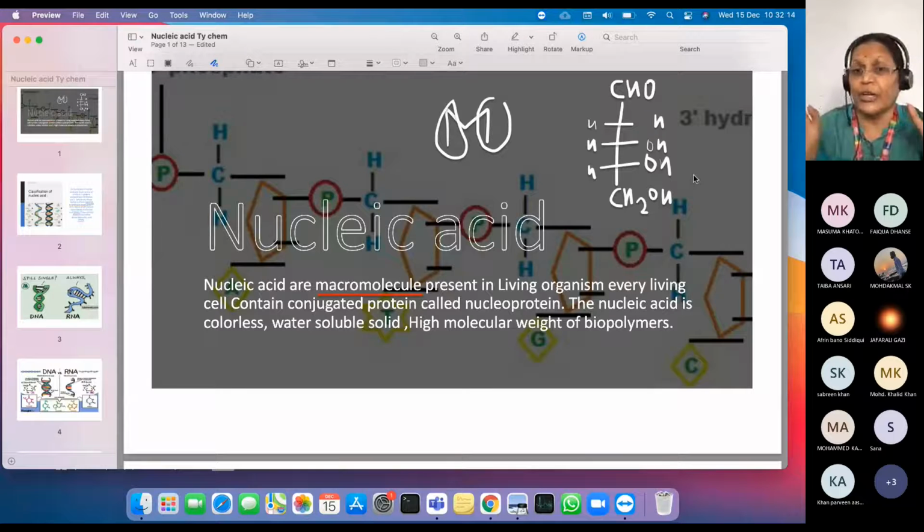Yes, I removed. So if it is the second carbon's OH, that O I remove, then it is called deoxyribose. Okay. So this sugar now has become deoxy. The oxygen is removed. Deoxy. De for removal. Removal of oxygen. Is that right? Now we are going to see in detail. Just don't worry. This is a rough idea I wanted to give you. And now we will have to convert this form into the furanose form. Can we do that furanose form here?